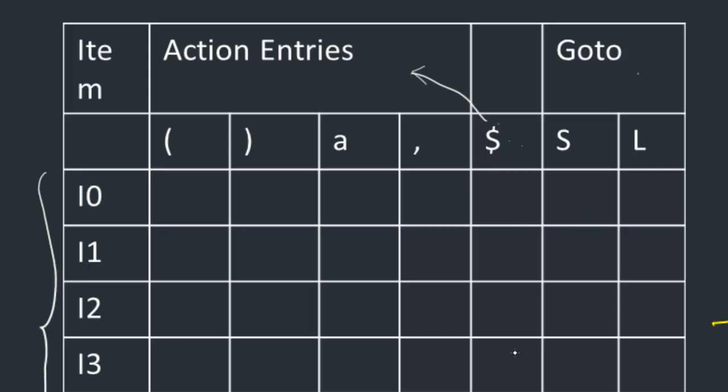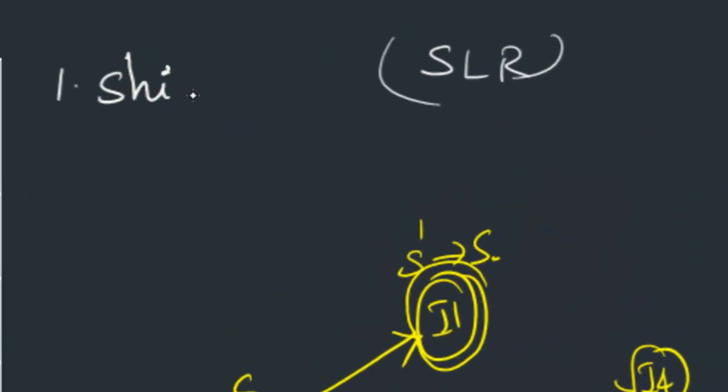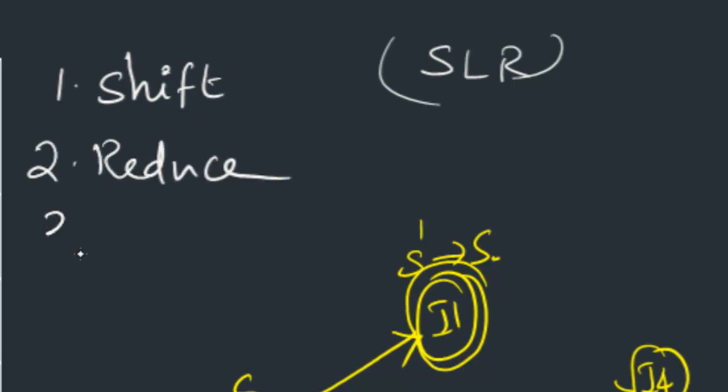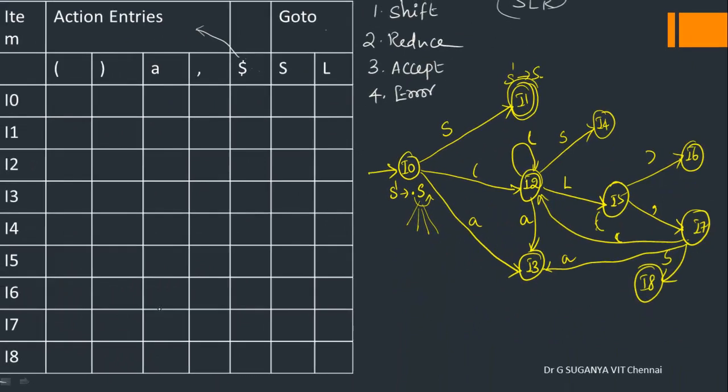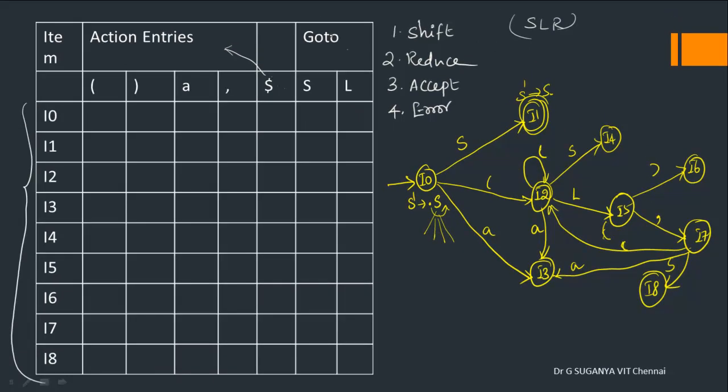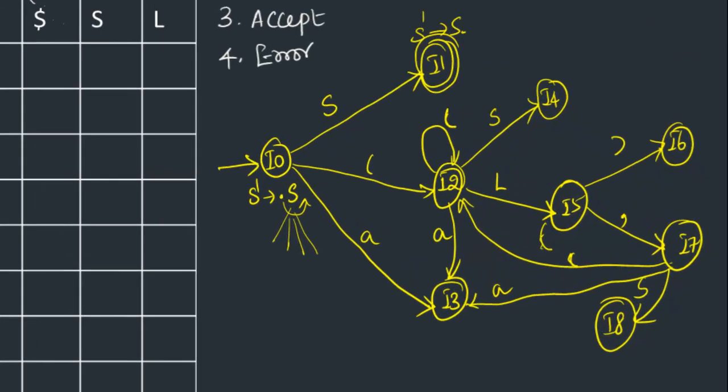We know that it is a part of shift reduce parsing, and hence there are 2 basic operations which we need to understand. The first one being shift and the second one being reduce, and we have to tell the system when to accept. That is the third action, and the fourth is all the left out entries or error entries. Those are the things that we are going to fill here. Now first let us start with shift.